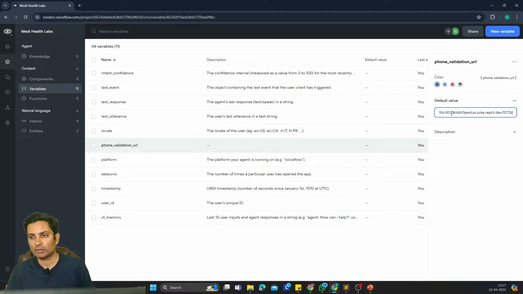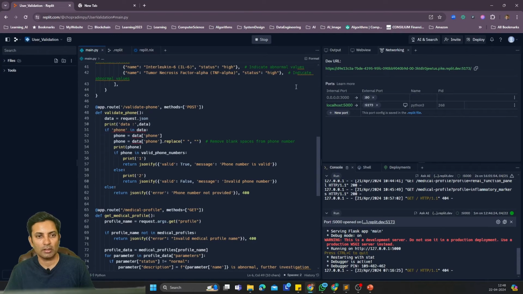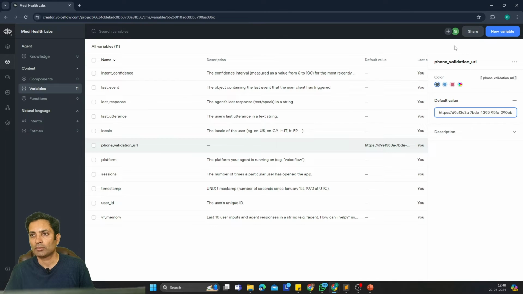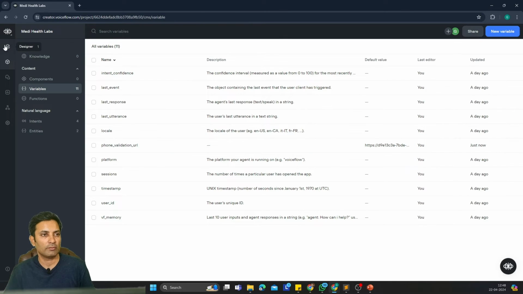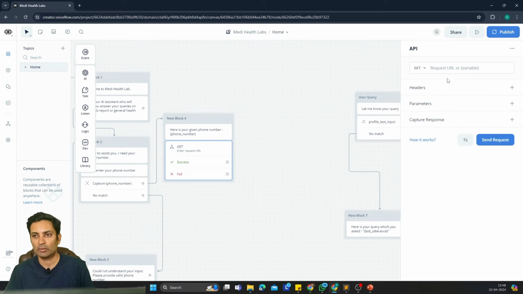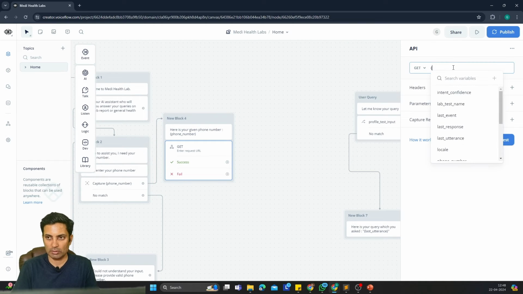The default value is this slash validate hyphen phone. I hope this was the name, validate hyphen phone. Oh, yes. So this is the default value. Fine, it is saved. Go back, and here I say request URL, variable name,